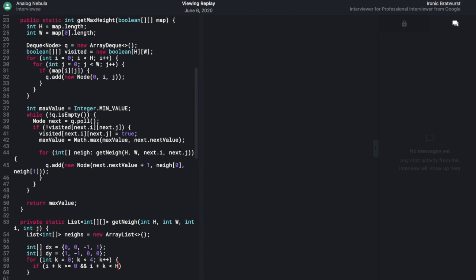Not k, dx k, and then j plus dy k is less than w, and the last one is bigger or equal to 0. Okay, if this is the case, what we're going to do is neighbors dot add